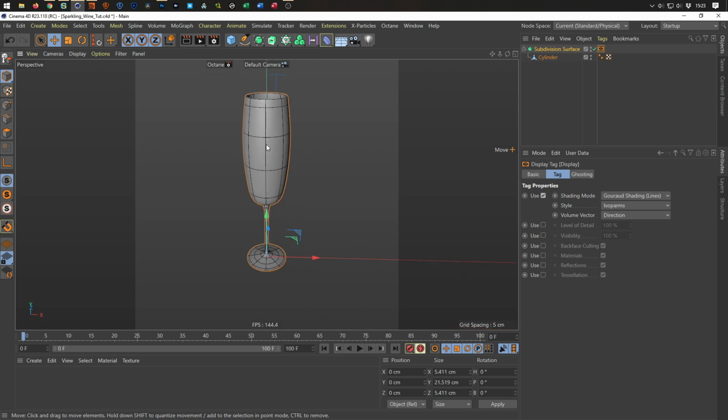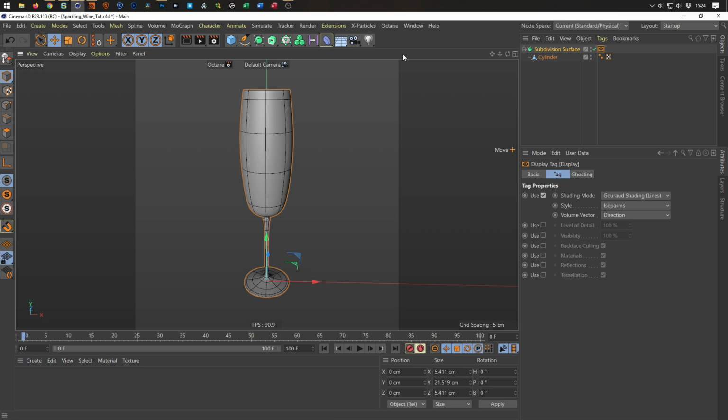Okay. Now let's make a glass material. So I can show you how easy it is to make a glass material. You have to do nothing. But for the glass, it's important that you have a nice environment, to have something to reflect in the glass. So let's go to here, and I of course take my scene rig, but in Octane as well as in physical render, you can take a sky object and put an HDRI or something else on it, and this would work as well. So, but I of course take my,